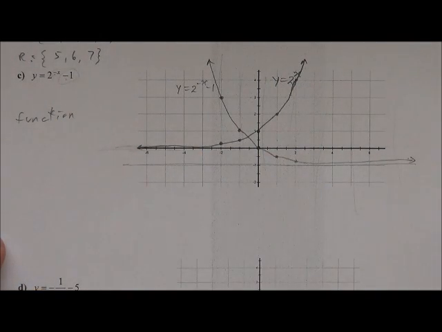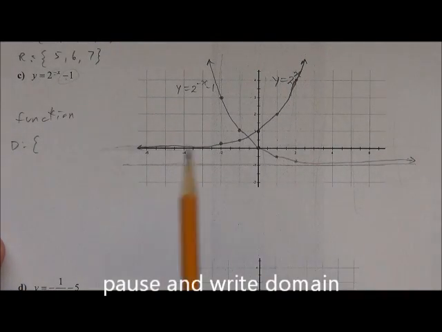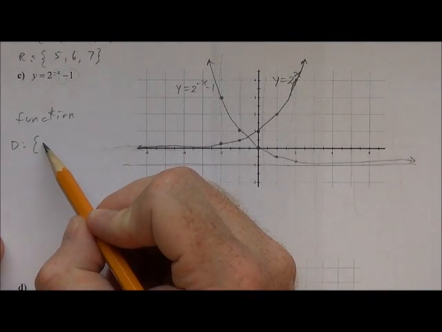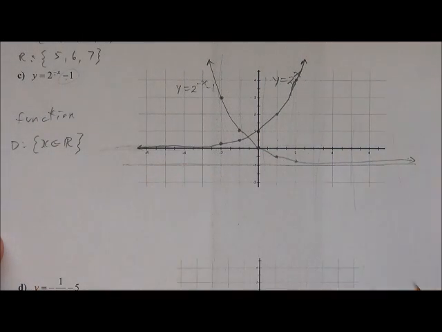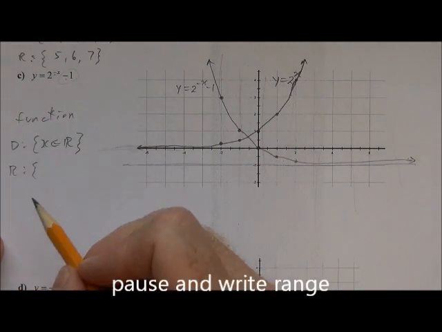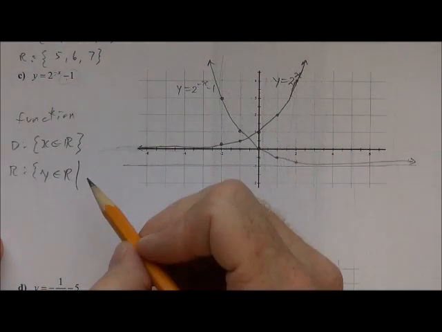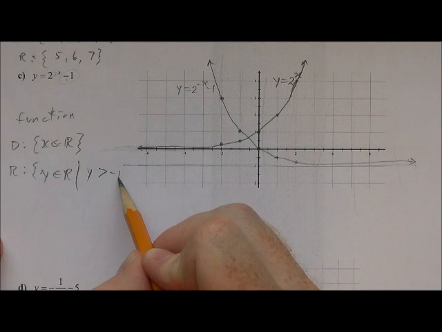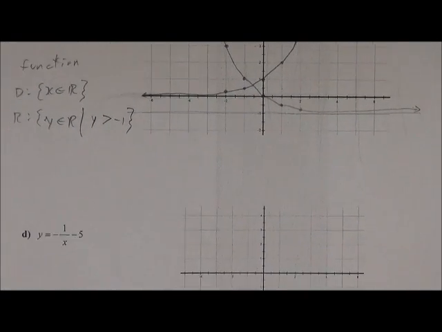And we just have to look at the domain and range now. So the domain, because there are no breaks in it horizontally, x is an element of all real numbers, and for the range, y is an element of all real numbers such that y is greater than negative 1. And if we move on to the next example,